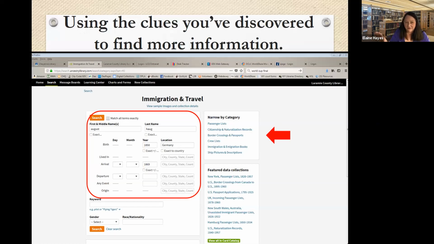Using all those clues we found about immigration, we can put that in, and I'm just searching the immigration and travel information in Ancestry Library Edition. So we had August Haug, who was born in 1850. He arrived in 1869 from Germany, and that's all I put in for that. And you'll notice the arrow is pointing to where you can narrow by